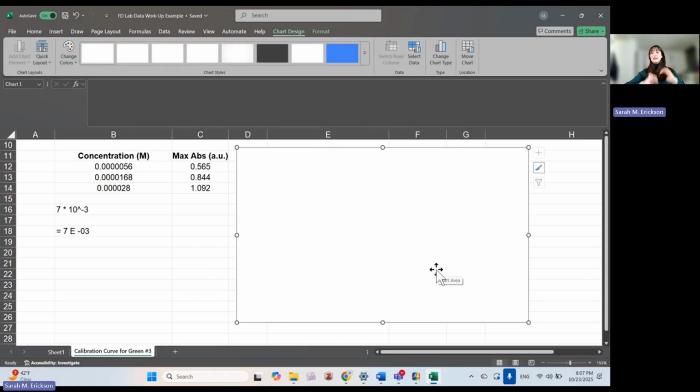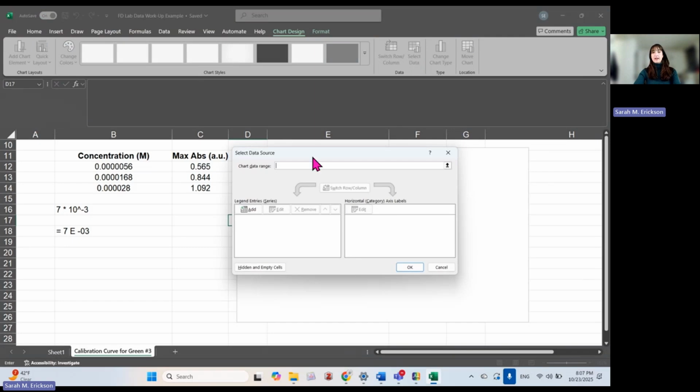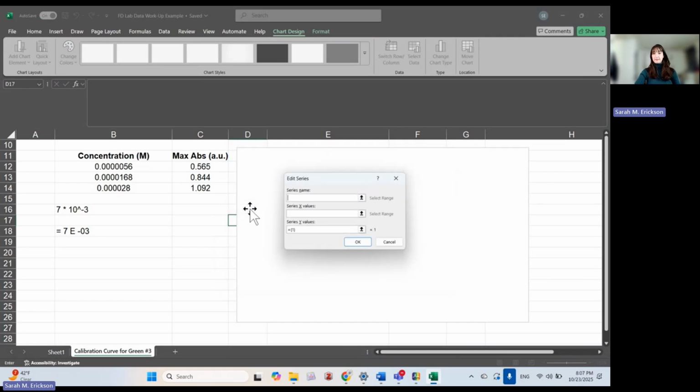Once you've removed any data that's not helpful to you, you go to Select Data, and this time we're going to add data. The box that comes up says series name, and I'm going to call this green